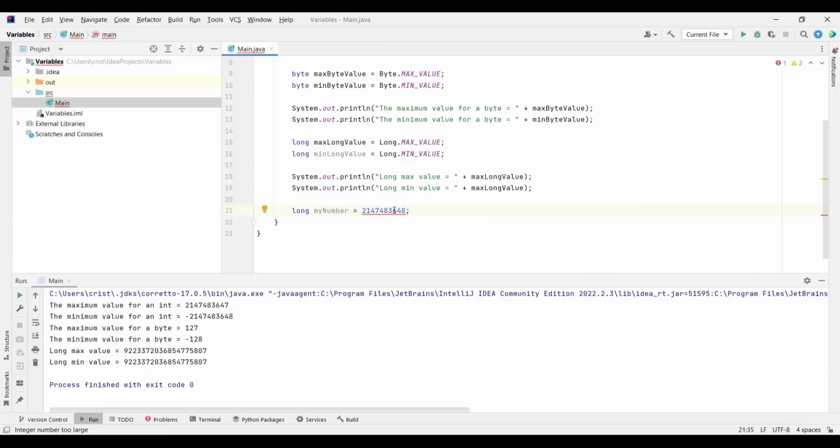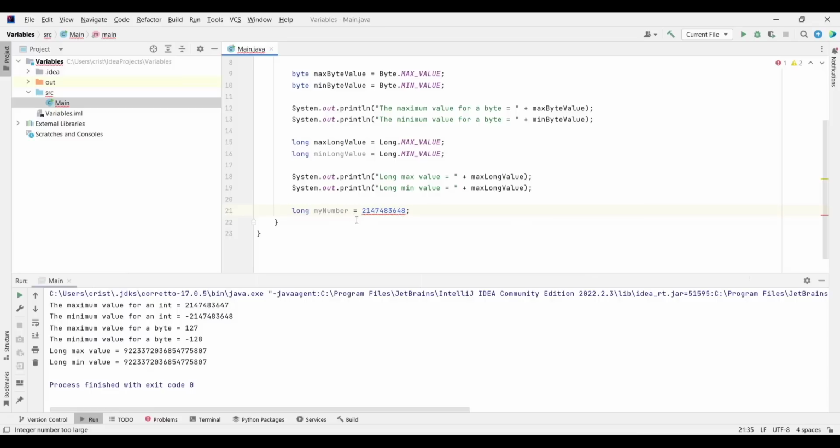And this is the important part. This happens because the assumed type, when you type literally a value, when you type a number, is an int. So this is considered to be an integer. This is why you have an error, because if you hover over it, it says integer number too large. This is called a literal, and it's a literal because we type this ourselves directly here, and it will treat this as an integer. So no matter what we try to do, it will always be an integer.